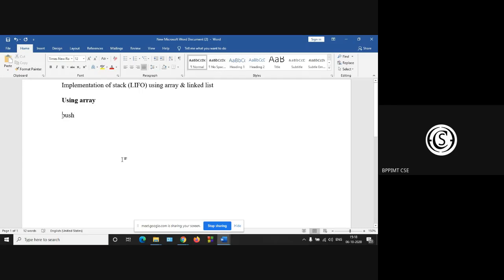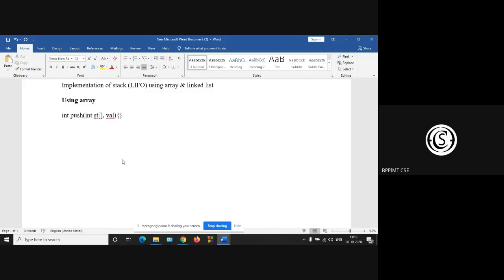Now the push function is let int push, if the stack name is st, and let the inserted value be value.